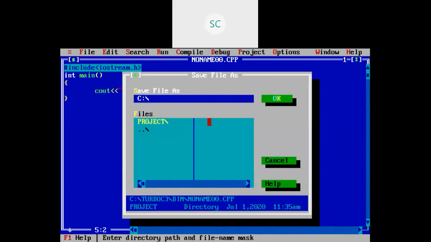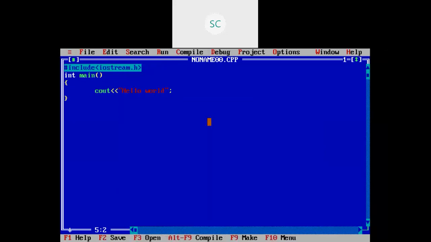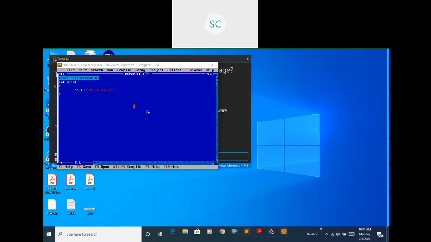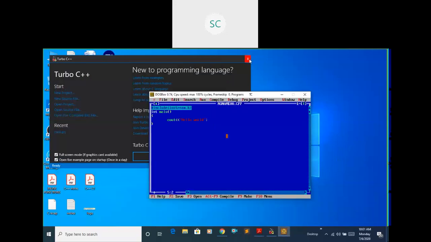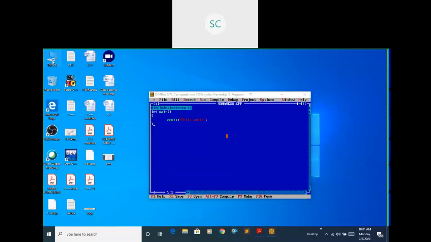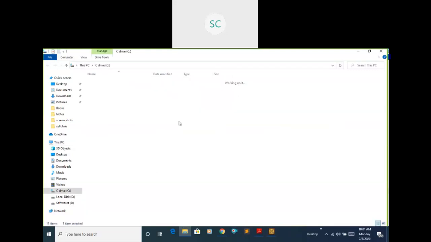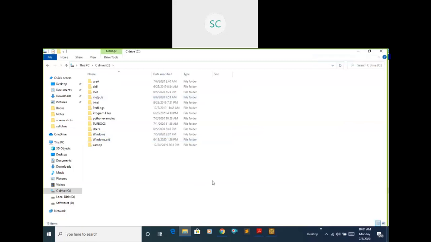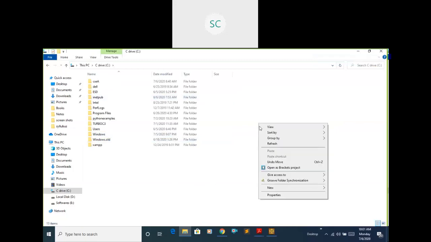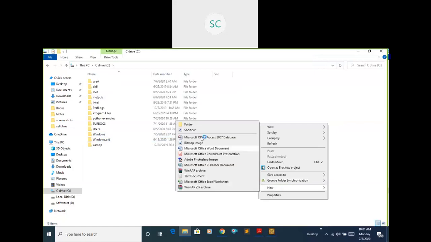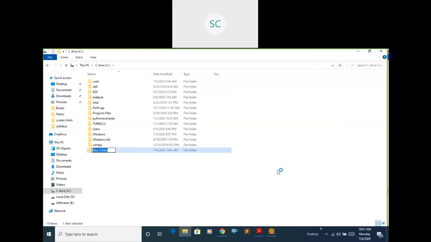Instead of saving directly within the bin folder, it is better to create one folder in any one drive. How to create one folder? I will tell you. Go to any one drive. Our software is installed in C drive, right? Better to create one folder within the C drive. Here I am going to create one folder. Just right click anywhere within this window, go to New. Here you can see Folder. Give one name for this folder. Here I am giving the name CSCB.